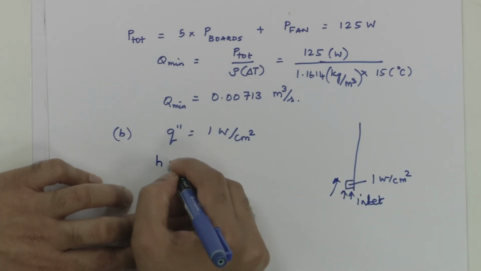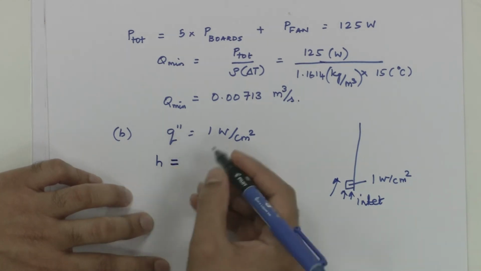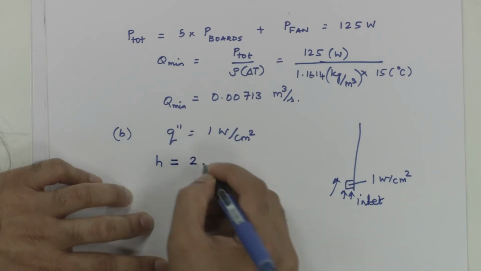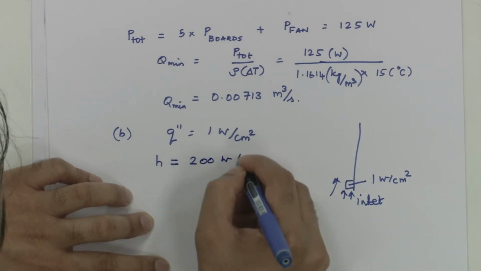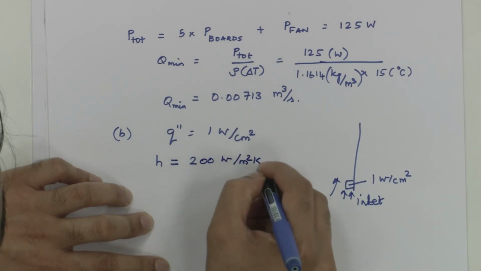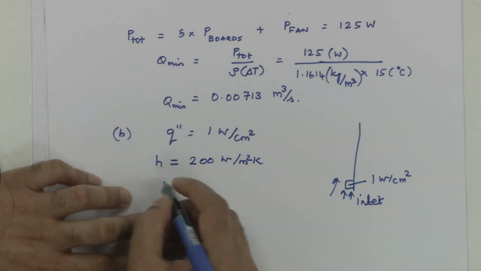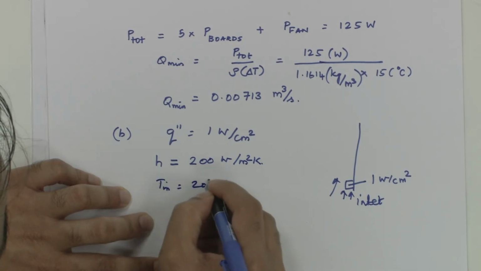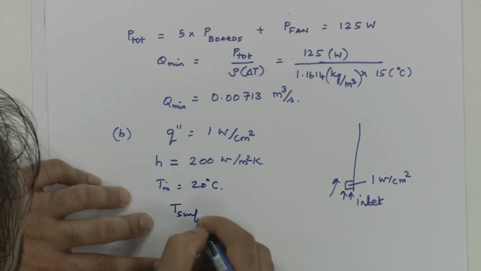For this problem, in order to calculate the surface temperature, we are supplied with the heat transfer coefficient for the heat dissipated from this component, which is mounted with the heat sink. The heat transfer coefficient is assumed to be 200 watts per meter square Kelvin, and assuming the inlet temperature T in is 20 degrees Celsius, we can easily estimate the surface temperature using